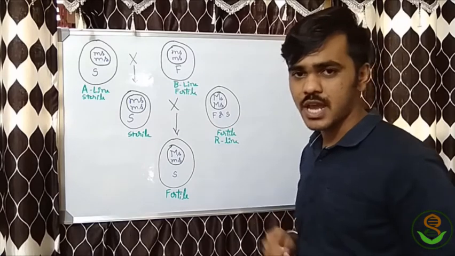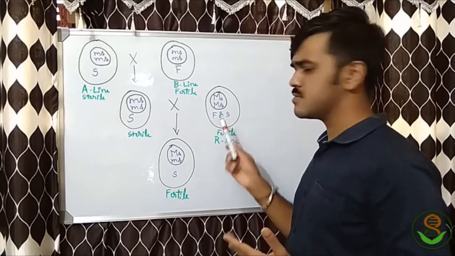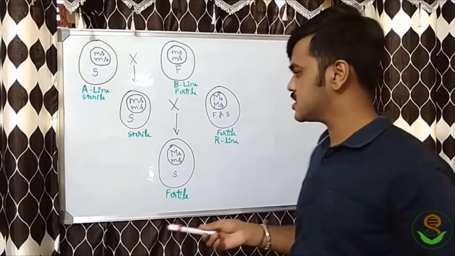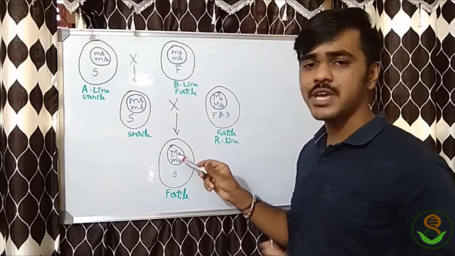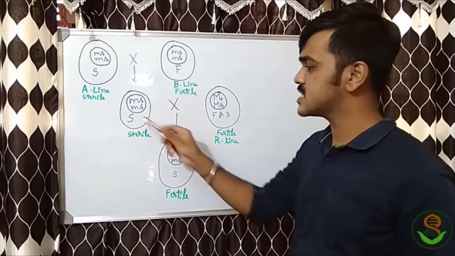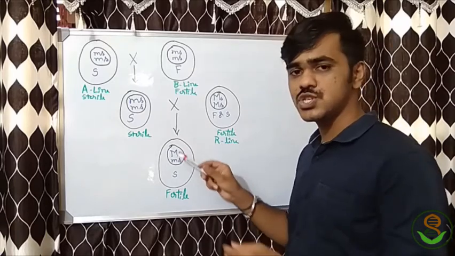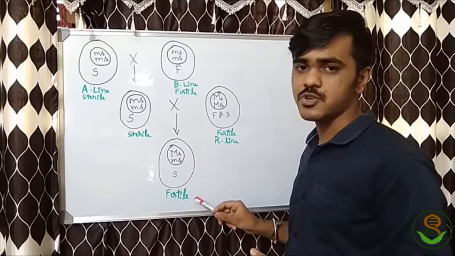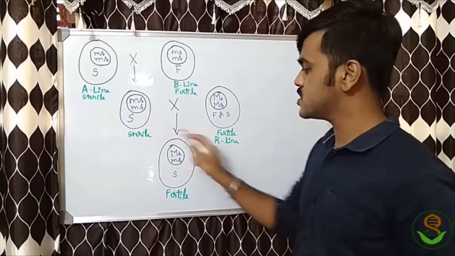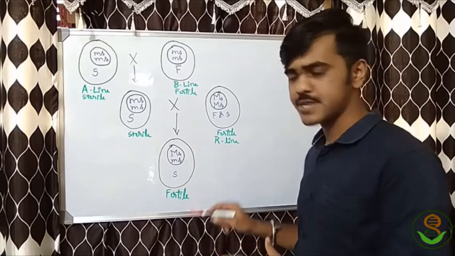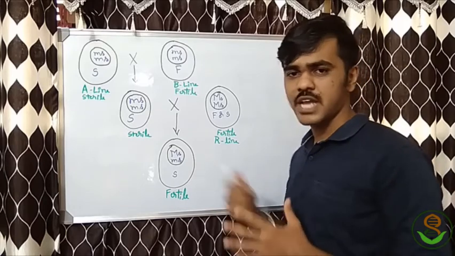Next comes the restorer line. The restorer line is dominant, containing the dominant genes. It may contain fertile or sterile cytoplasm, it doesn't matter here. And the progeny will be heterozygous dominant, as the restorer is homozygous dominant, and contains the sterile cytoplasm from the mother. But as it contains the fertile gene in the nucleus, this progeny will be fertile and it restores the fertility in the male sterile one. That is the importance. It is usually the hybrid that we get. This is the process of seed production. I think now you know the mechanism of this.